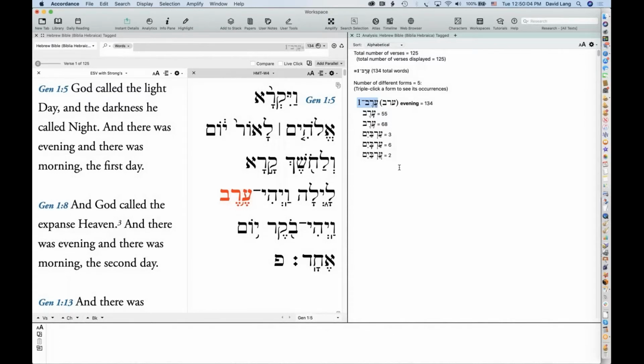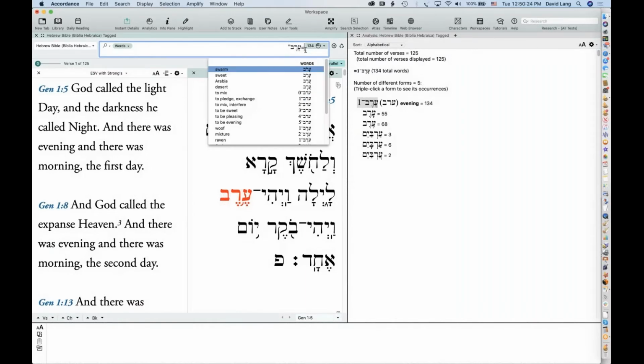So what if I want to find just Erev, where it looks exactly like that, and I don't want to find Arbaim and Arev and so on. I just want to find Erev. What I'm wanting to do is search for an inflected form, but I'm wanting the vowel points to be considered in my search. To do that, you have to use the quotation marks to indicate an inflected form, but the equal sign to indicate I want the vowel points to be paid attention to.